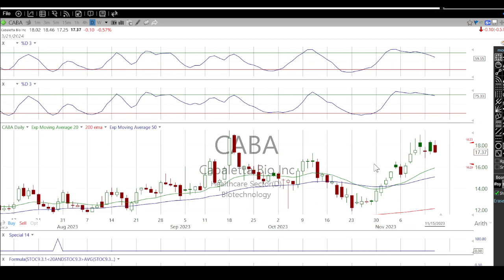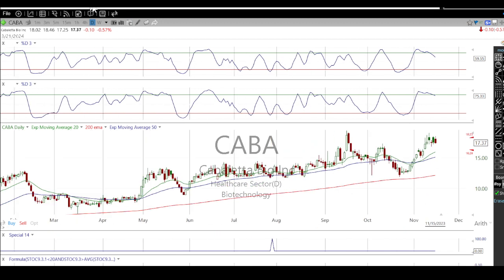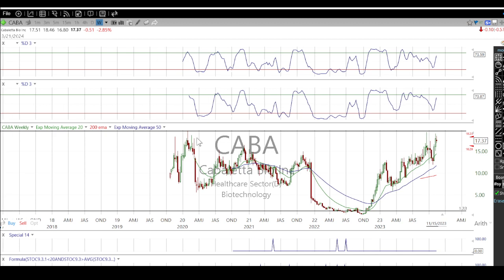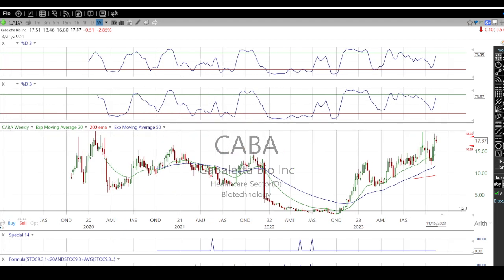Also, Day Trading Radio. Keeping an eye on the CABA. CABA, a nice little flag. If we zoom out on this, especially on the weekly chart, you'll see something that we like. We like these big, long patterns where we're approaching all-time highs. The all-time high is right above this. I got an alert in here for the members. If we can break this line, which is right above us around, I think it was 1850 area, once we break that, this thing could take off.